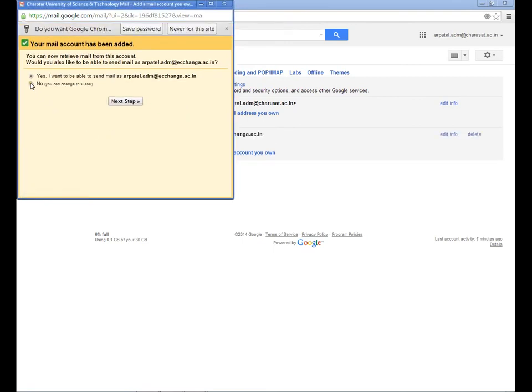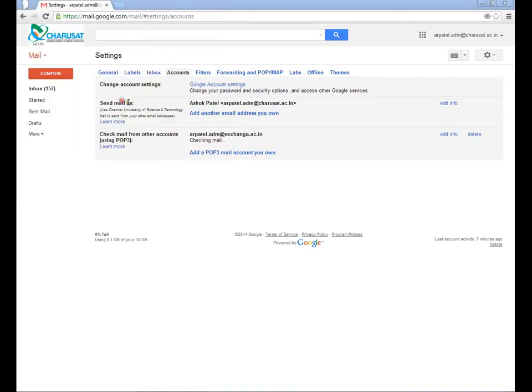Now here, do not select yes, otherwise whichever mails you import will arrive with the sender shown as AR Patel. Actually we want the original sender, so select no and finish. That's it.